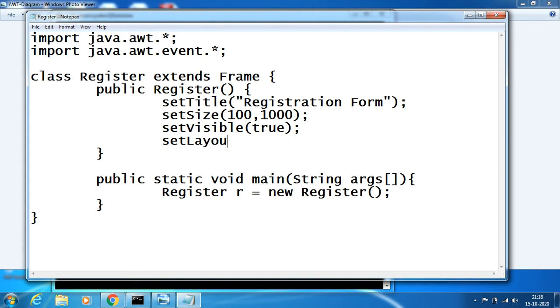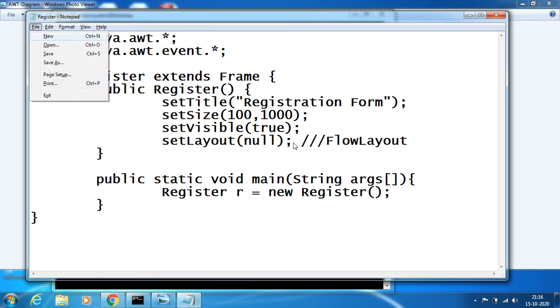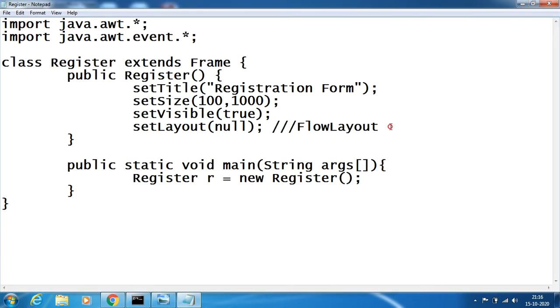And setLayout, currently I am not using any layout here. We will discuss all the layouts in the next class. setLayout(null). By default, we have a flow layout, which means all the components will be arranged in a continuous, horizontal manner.